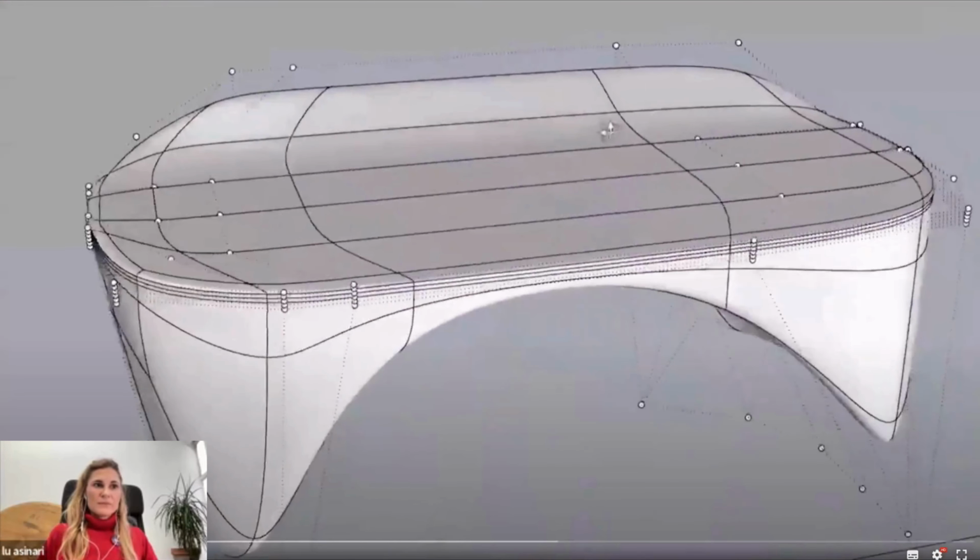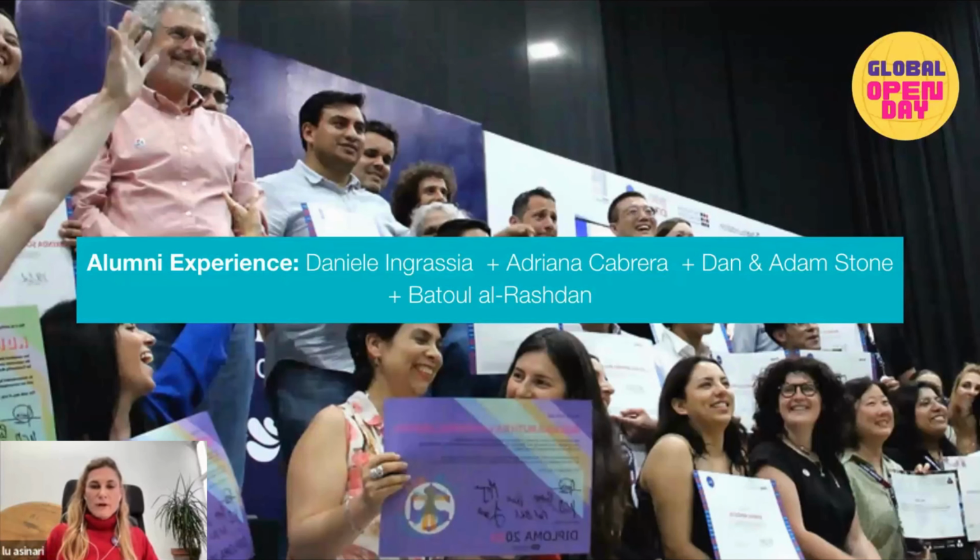Now, after we've seen a bit of an overview of the skills you're going to learn and the people that are going to be around to help you and support you and evaluate your work and give you insightful comments and advice, we wanted to gather some of our alumni. This is people that have taken the Fab Academy, and through Fab Academy and the many other things that they've done through their professional life, have managed to achieve different things, and we wanted to share some of these